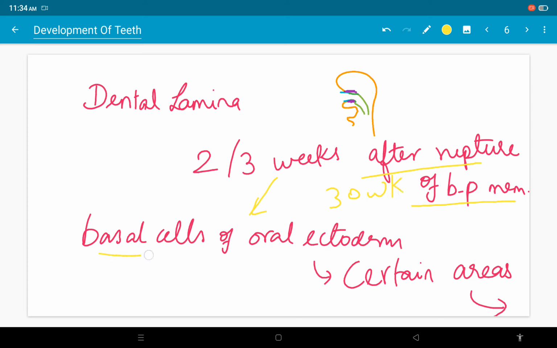is basal cells of oral ectoderm in certain areas alone. Consider this is your oral cavity. This will be your future maxilla. This will be a region of the future mandibular arch. So this part is marked in violet region. It will be your future maxilla and mandibular arch. There, certain areas alone, that is, to be particular, future areas where teeth will be present. So in those regions alone, certain basal cells will start to proliferate